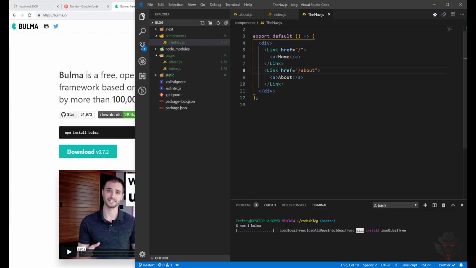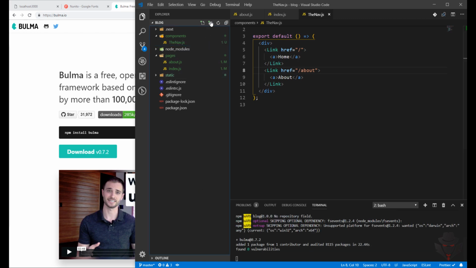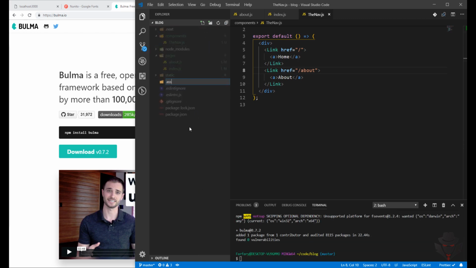And I think we are going to also write more Sass file. So one of the options is to use next Sass, but in this example I'm going to use node Sass, which is another package. So while it's doing this one, I'm going to create another folder called assets, and in